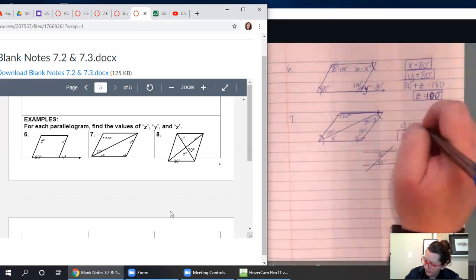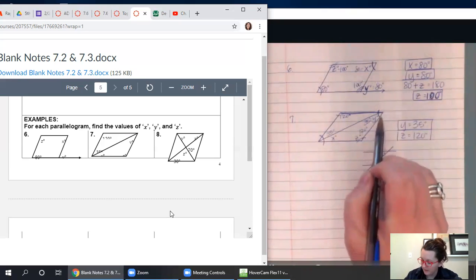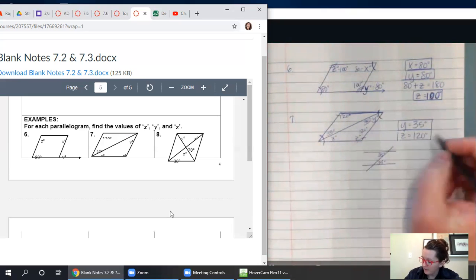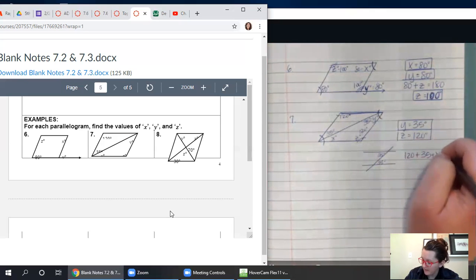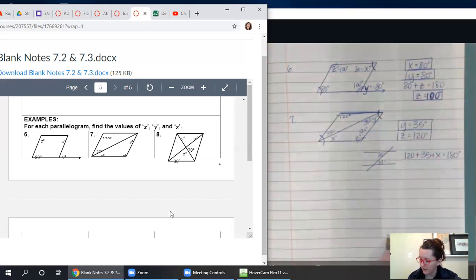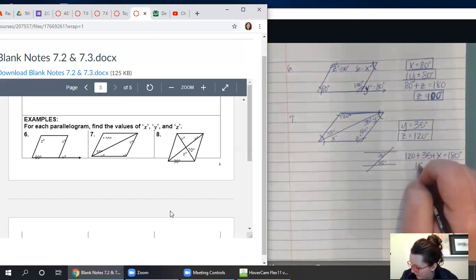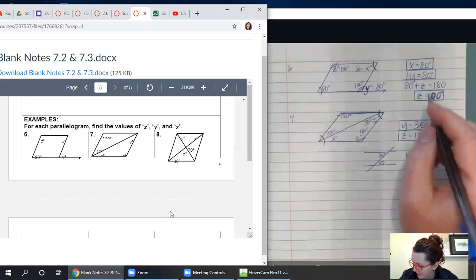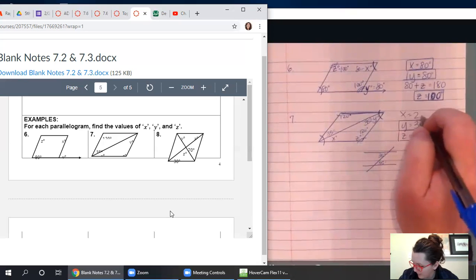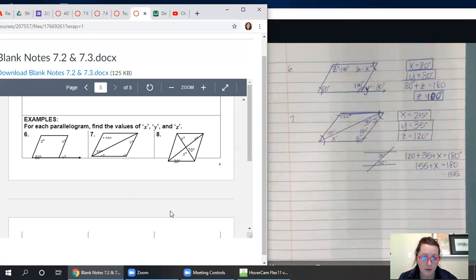So Y equals 35. Then we have to use some deductive reasoning because we have a triangle here. So I know that this 120 plus 35 plus X equals 180 because it's a triangle. So if I use my math here, that's 155. And if I subtract 155, what do we get? 25. So X equals 25. That one was a little bit tricky. It didn't really have a whole lot to do with our